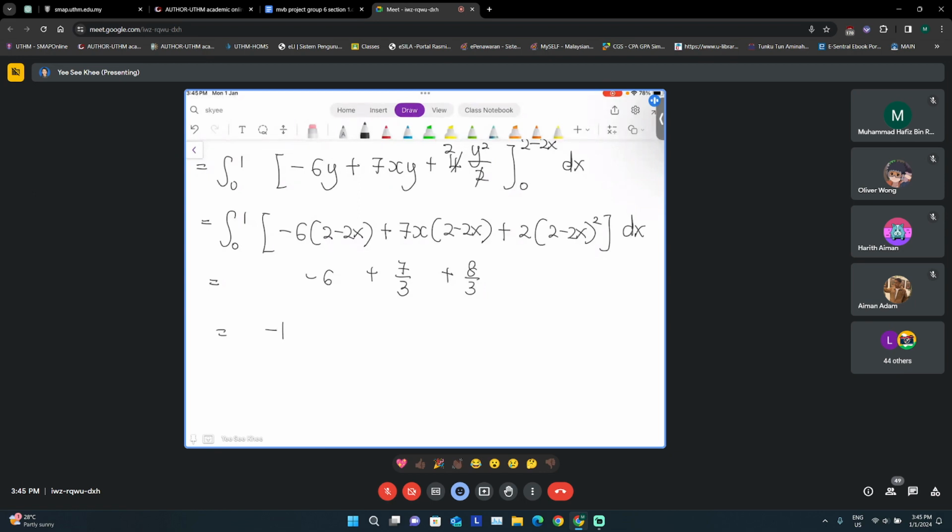Anyone from section 2? We are from section 1, group 6. Okay. Section 2 also? Never mind. Section 1 first, Section 1 first because the